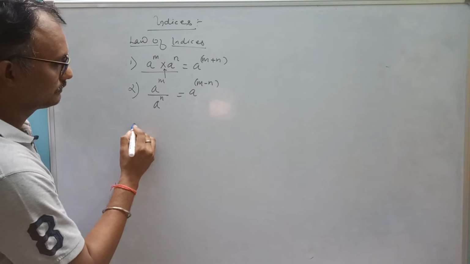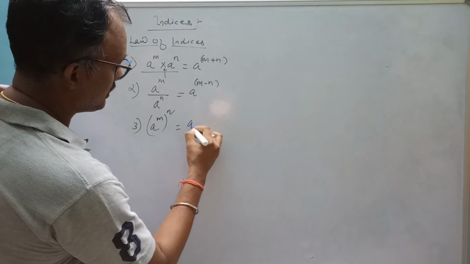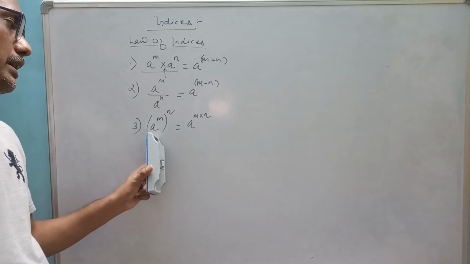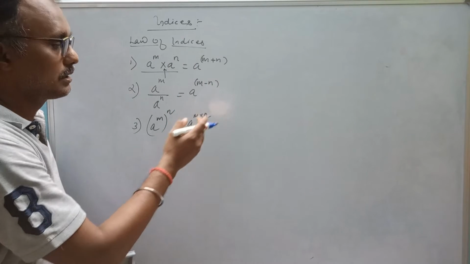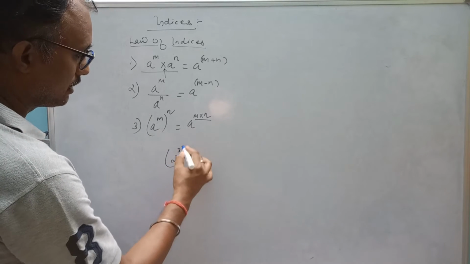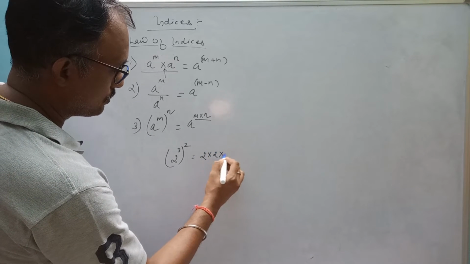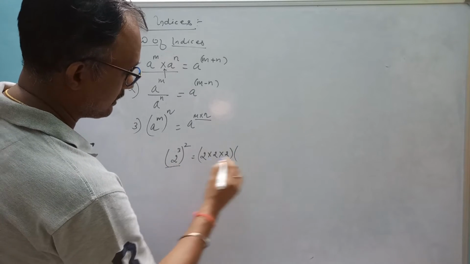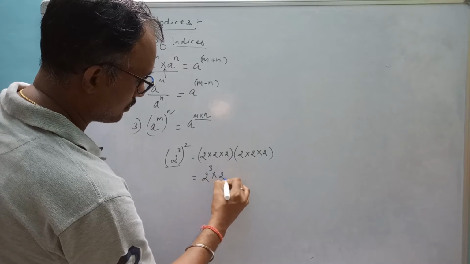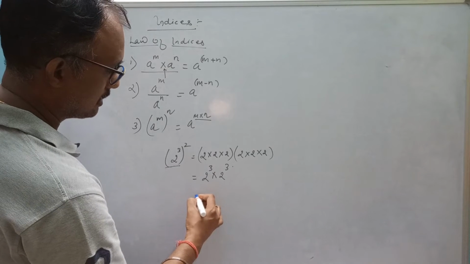Okay. Third, power: a raised to m, raised to n, is nothing but a raised to m into n. Okay. When you have a raised to m and then its power raised to n, you can just simply multiply both the indices. Like 2 raised to 3, raised to 2. This can be written as 2 into 2 into 2, again twice. This is nothing but 2 raised to 3, 2 raised to 3, and this becomes